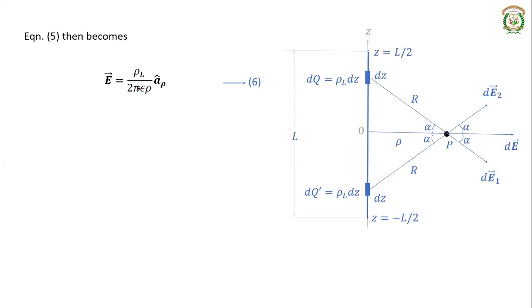So what we have to consider here is rho L is the line charge density of this line charge distribution. Rho is the distance of the point where you're calculating the electric field intensity from the line charge. And epsilon, we have considered it as a general medium. If you consider it as free space or vacuum, epsilon will be equal to epsilon naught. So this is the electric field intensity due to an infinite line charge. The units again is volts per meter.